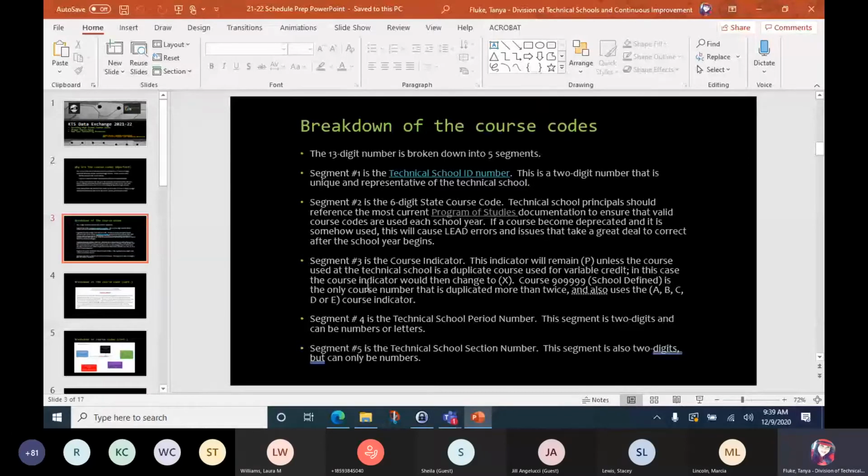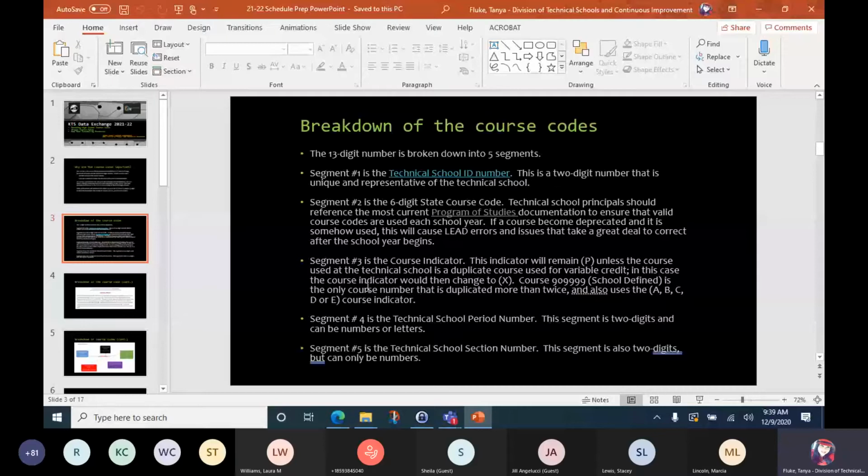So if you've got one course that is offered all year long, and then they get half a credit in the middle of the year and half a credit at the end, or let's say you've got the same course that's being offered, but it's only being offered during half a school year, but it's blocked out, and so they get the full course at the end of the first semester. So it just gives the technical school the ability to assign those variable credit values